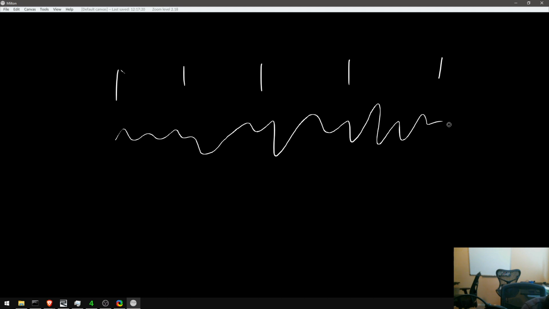So we have frames. They're going at a certain rate. We have this signal, which is like an audio signal, right? Now it's going a lot faster. If this is going at 60 times per second, and this is going at 44,100 times per second, then